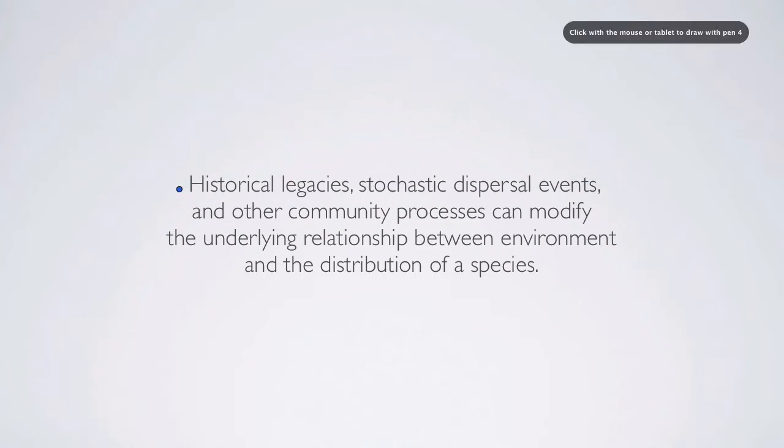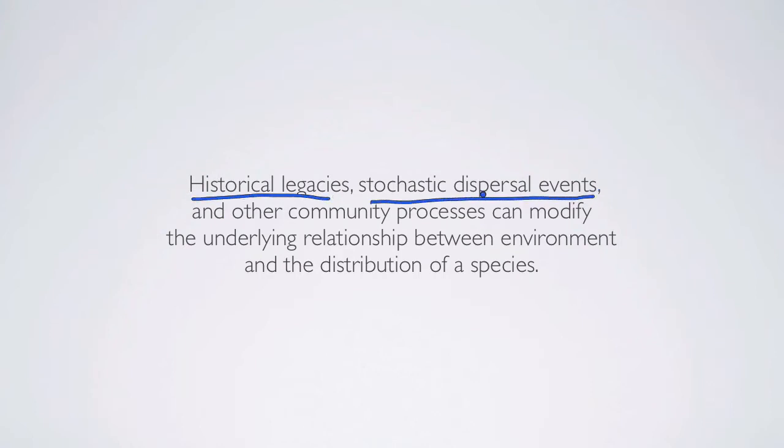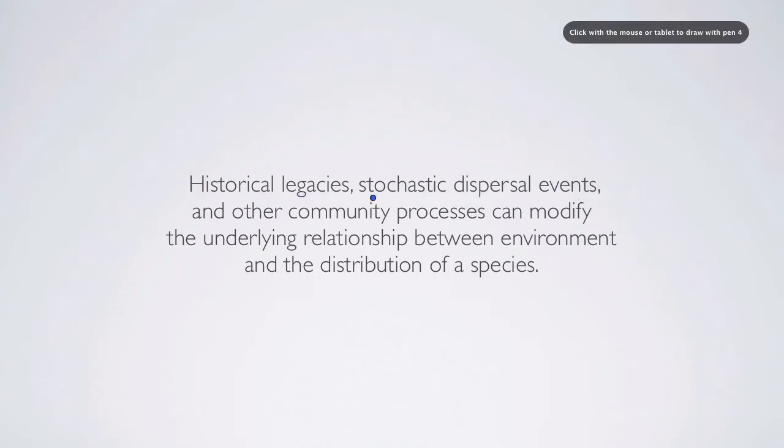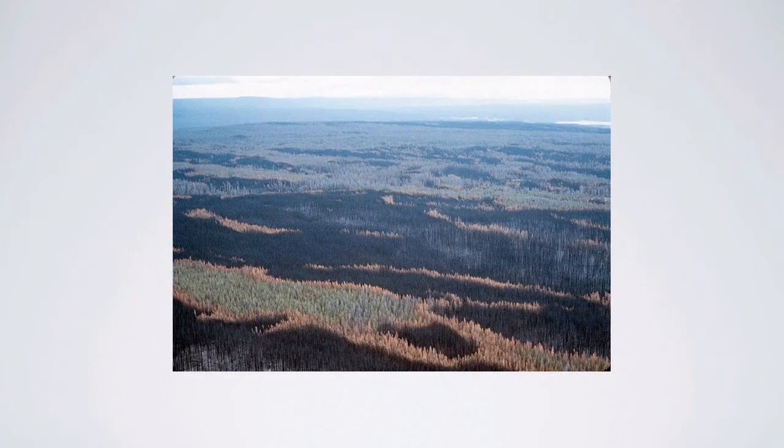So when we think about how an ecosystem functions, or a portion of an ecosystem, there are historical legacies, there are these stochastic dispersal events of species getting to a place relatively randomly, and then other community processes that also have an impact. It's also important to note that past events shape modern patterns. One of the examples that they use is fires within Yellowstone, and this is